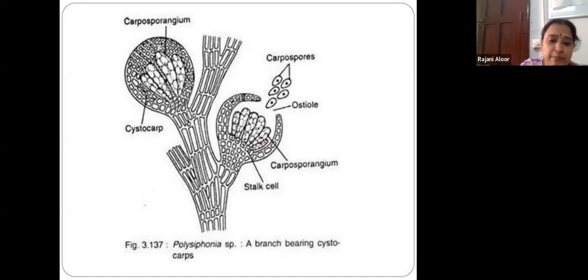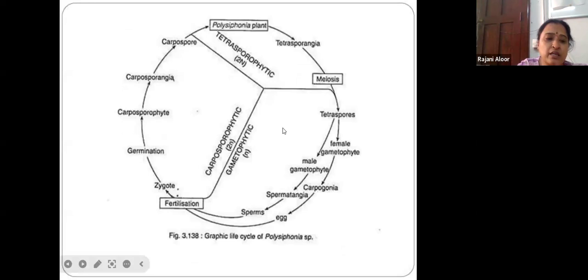This plant body is diploid, that is the tetrasporic plant, which later develops the tetraspores and completes the life cycle. The Polysiphonia life cycle consists of 3 distinct phases. This is the diploid tetrasporic stage, the haploid gametophytic stage, and the diploid carposporophyte. First one is the diploid tetrasporic stage. Second, haploid gametophytic stage. Third one is a diploid